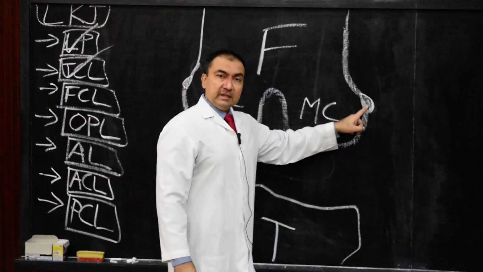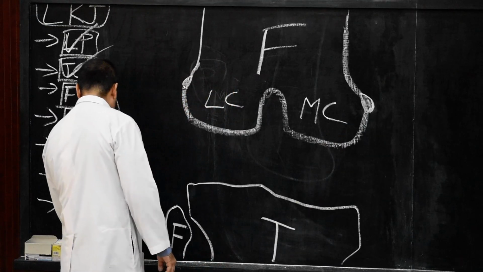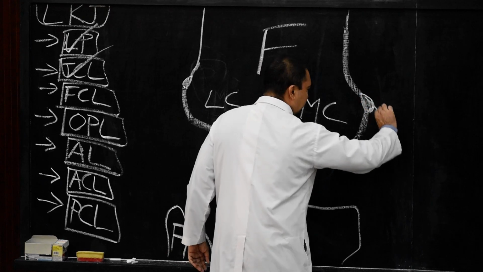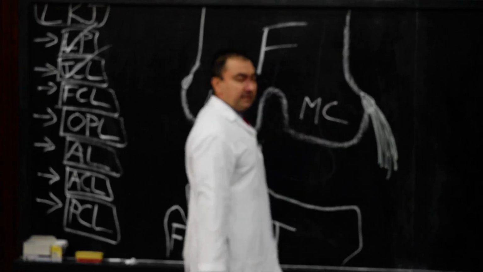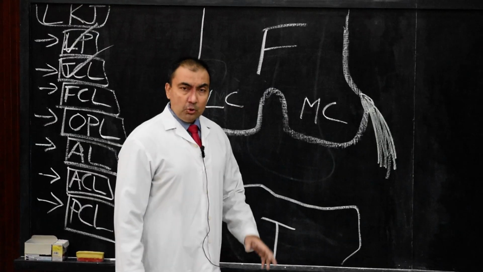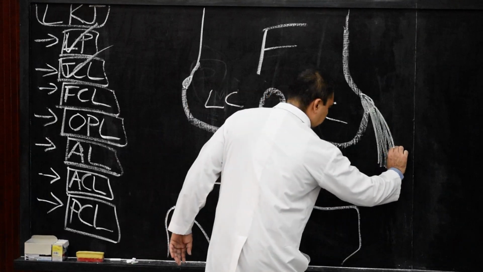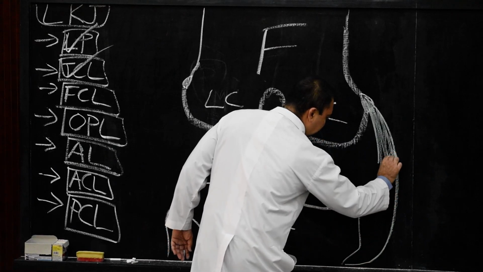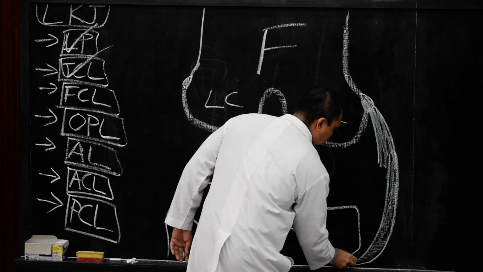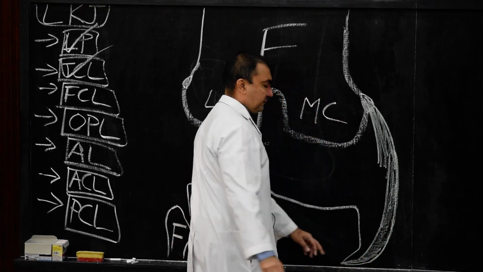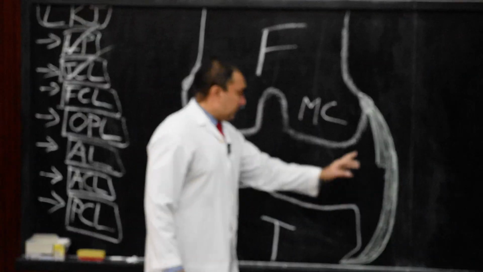The apex, or upper end, of the tibial collateral ligament is attached to the medial epicondyle of the femur. So if I draw the tibial collateral ligament, this is where its upper end is attached, at the medial epicondyle of the femur. Lower down, it is divided into 2 parts, 2 slips, superficial and deep. The superficial slip will pass and be attached to the upper part of the medial border of the tibia. That is where the superficial slip of the tibial collateral ligament is attached.